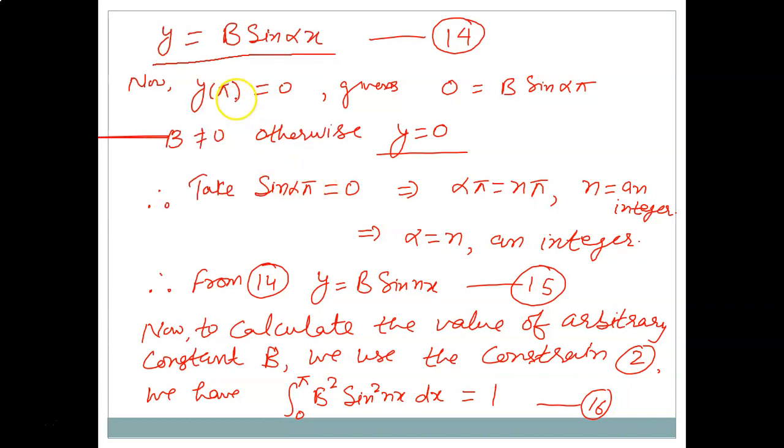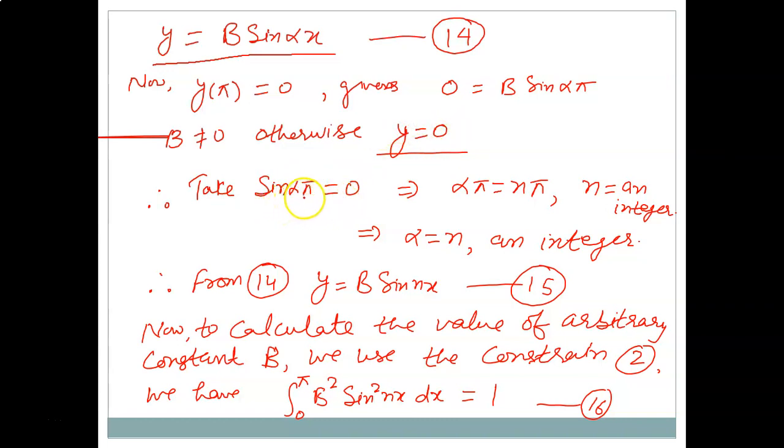So now if you put y of pi equal to 0, because this is one of the boundary conditions, it gives you y(pi) on the left-hand side, and on the right-hand side if you write sine in place of x pi, you get b sine alpha pi. Since y(pi) is 0, the left-hand side is 0. So now there are two situations: either b is 0 or sine alpha pi is 0. If you take b equal to 0, again you get the solution y equal to 0, so we are not considering this case. So you take sine alpha pi equal to 0.